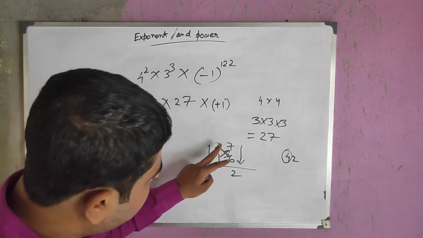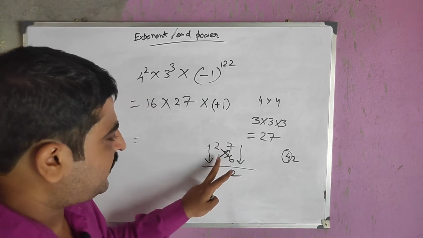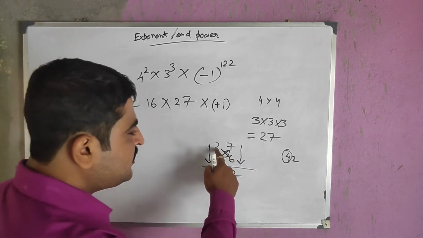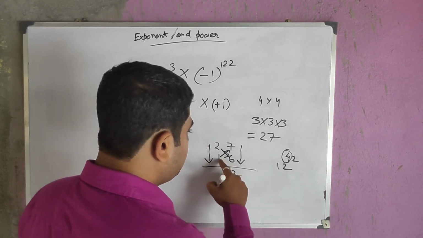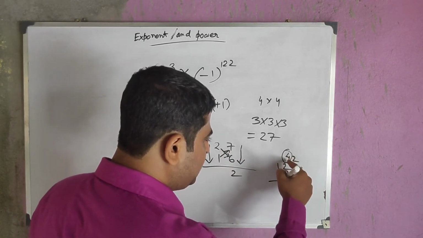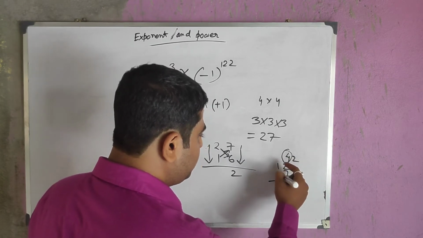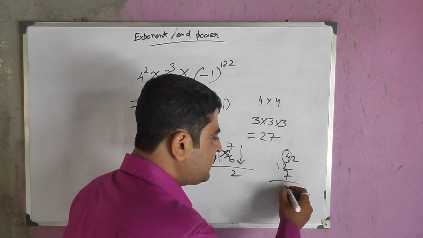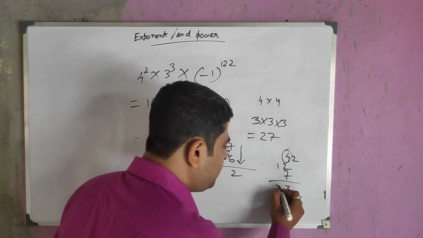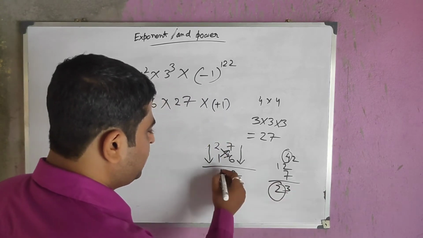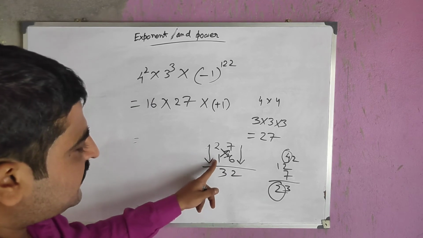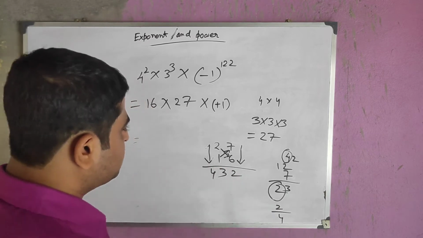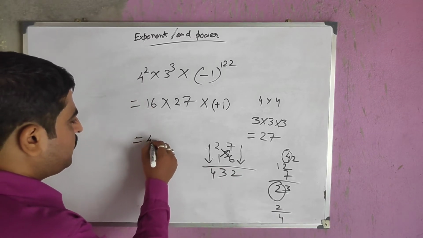Then how we have to multiply? This crisscross. 2 into 6 is 12 and 1 into 7 is 7. And after multiplying this crisscross we have to add them. So add this 4 to 7, because this 4 has carried. So 4 and 12, 12 and 7 is 19, 19 and 4 is 23, carried 2. So here we will put 3. Now 2 1s are 2, 2 and this 2, it will come 4. So 16 into 27 is 432.